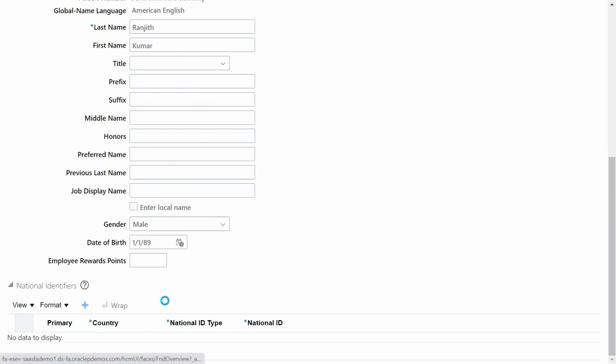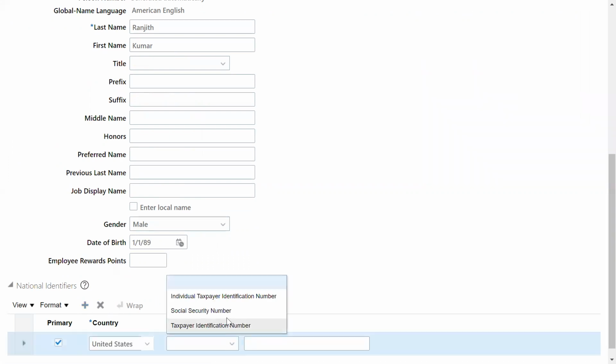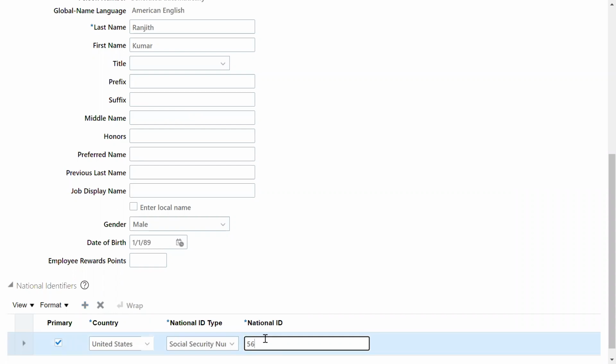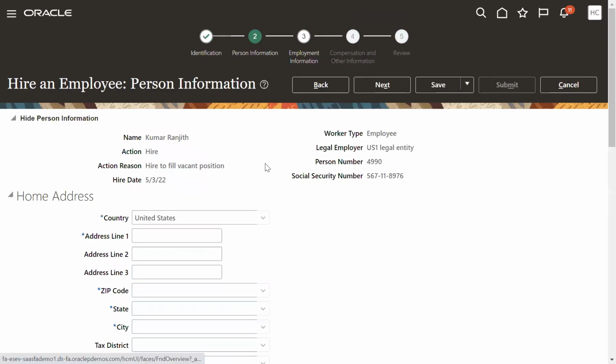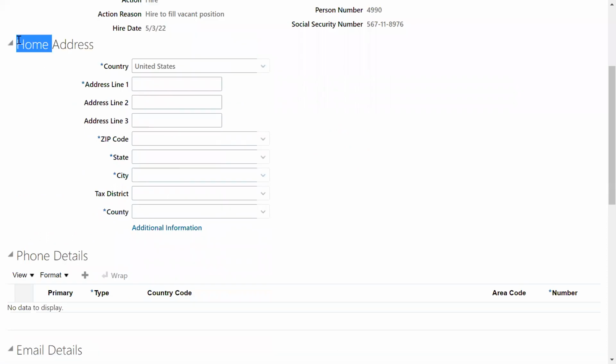What is the national identification details? Maximum options we can allow. Here it will allow us to capture maximum information about your employee. Person information, in the sense of employee home address, phone numbers, email IDs, passports, visas, citizenship, and employee contacts. Home address,